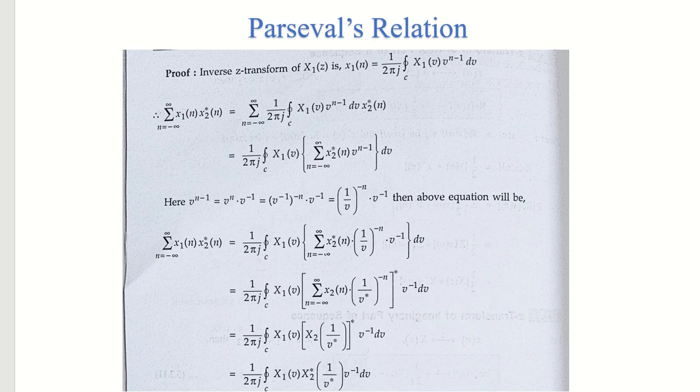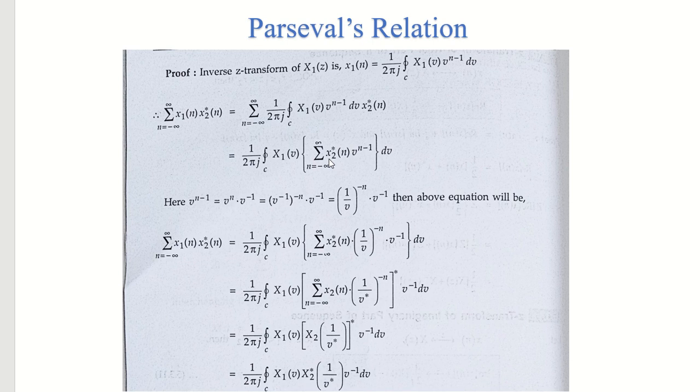Now we can do the same thing we did earlier. This time we will take the constant value outside the summation and integration. We will change the order of summation and integration one more time. This time we will send the summation inside and integration outside. We will keep x1 of v with the integration just like we did last time, and the rest of the terms will form the equation of c, summation of n equals minus infinity to infinity x2 conjugate of n, v raised to n minus 1